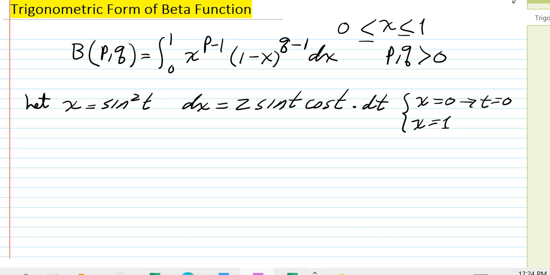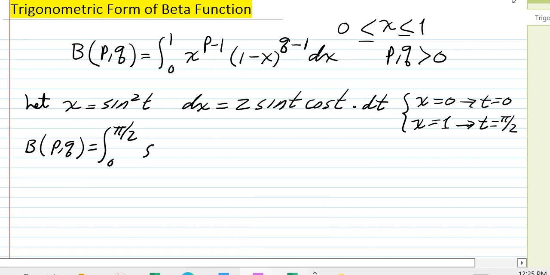And when x is 1, we have sine of 90 degrees, right? So t must be pi over 2. That would give me a 1, sine of 90 degrees. And these become the new limits of integration for us. So I can write beta(p, q). Those are the parameters, by the way, of the beta distribution. It's going to be the integral from 0 to pi over 2 of